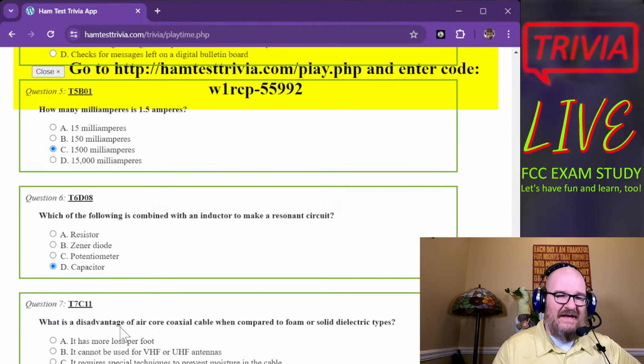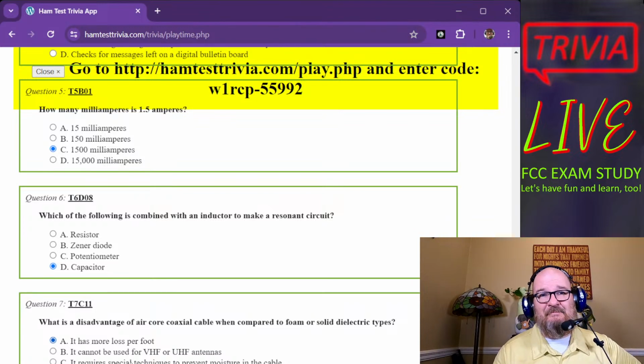What is the disadvantage of air core coaxial cable when compared to foam or solid dielectric types? I'm gonna say that it has more loss per foot. But it could be that it requires special techniques. Air core probably has more room for air. I mean water. So